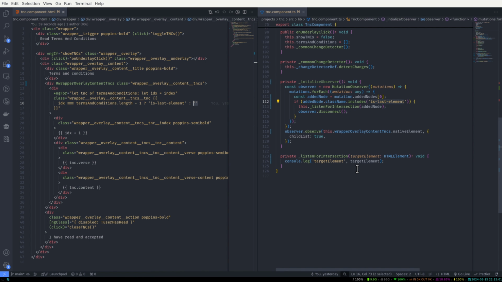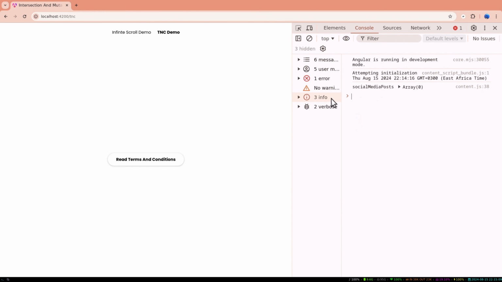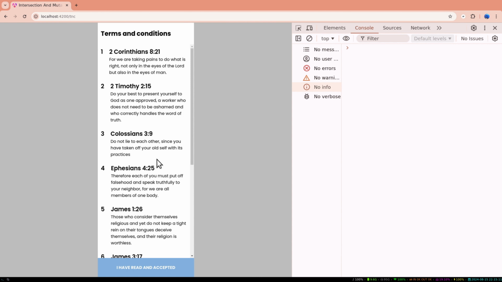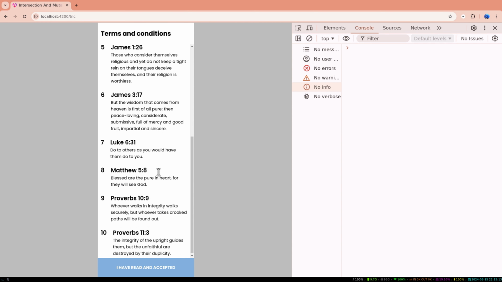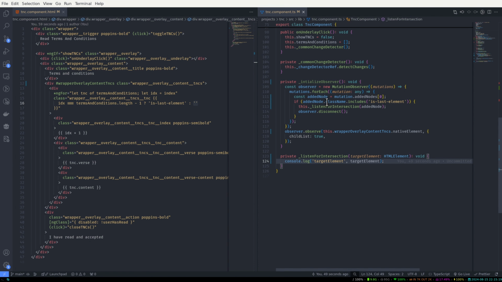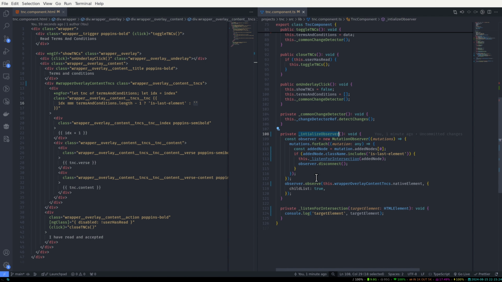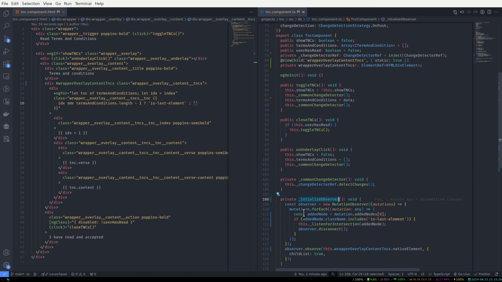Then the other thing all we need to do now is to start making our intersection observer. So before we continue, let's log that and see what it is. Still nothing. So why don't we have anything being triggered? I believe we didn't start observing. We didn't initialize the observer, so we can initialize the observer